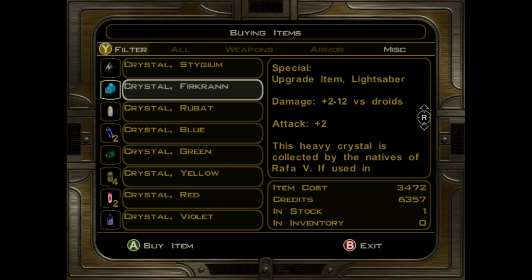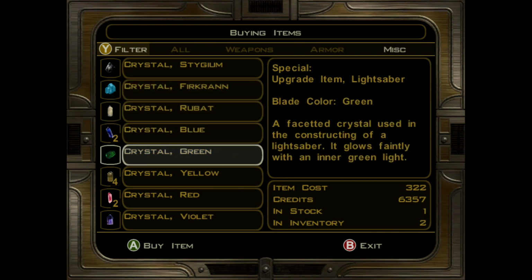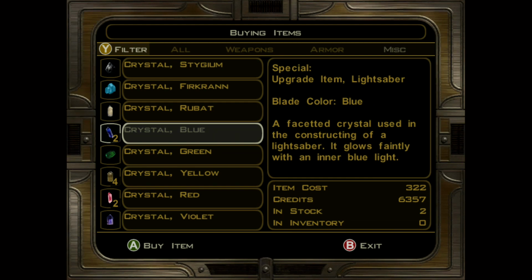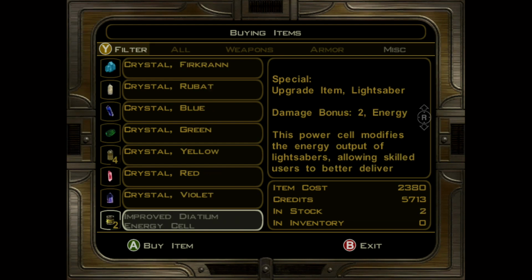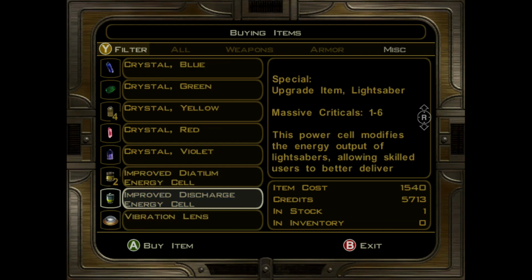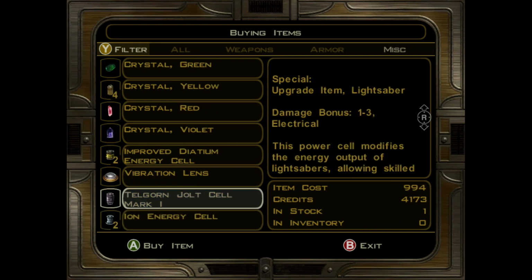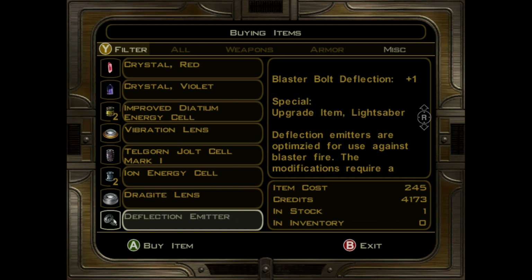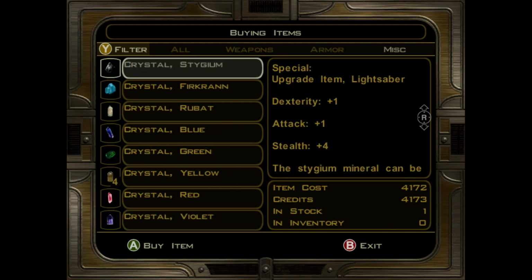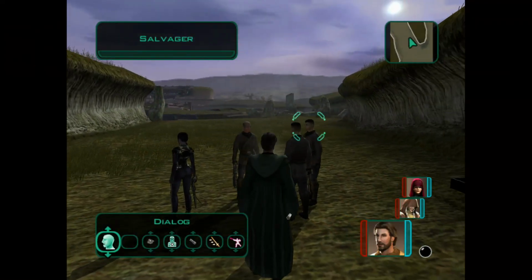This heavy crystal is collected by the natives. All right. Crystal color blue. Actually, I want that. I want the blue, and I want the red. I've already got a violet. Which is the one that I want? I wanted the big criticals. It's expensive, but I'll take it. I want that as well, and I literally have just enough to buy it. So before I waste the rest of my money,